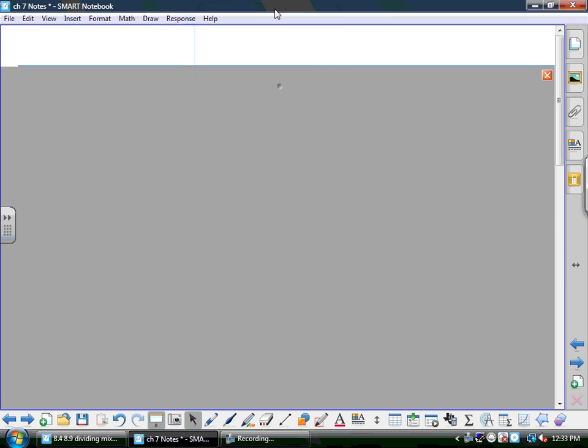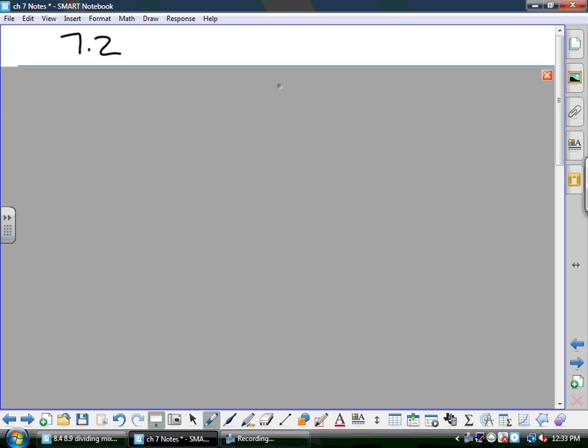All right, these are the notes for section 7.2. And section 7.2 is very, very similar to section 7.1. The only difference is they're actually going to tell you the answer from the beginning. You just need to show the steps from how you're going to change one side of the equation to get